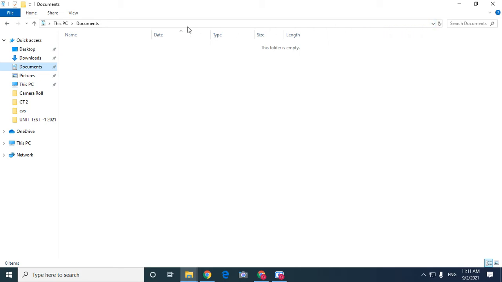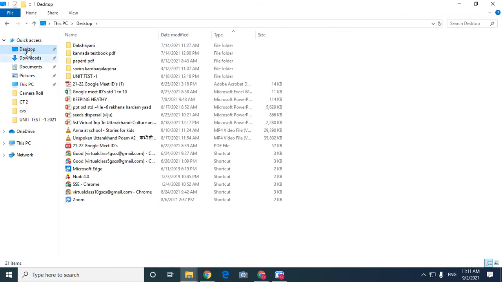So what are the navigation bar and address bar? Using the navigation bar, you can move to a previously opened folder using this back button. Using this back button, you can move to any previously used document. Or you can use this forward button also. Here you can see the forward button.